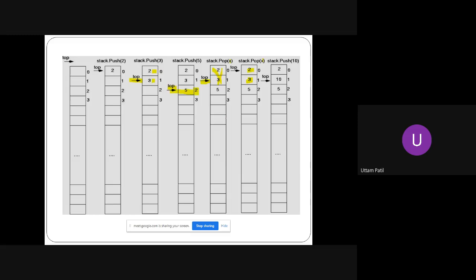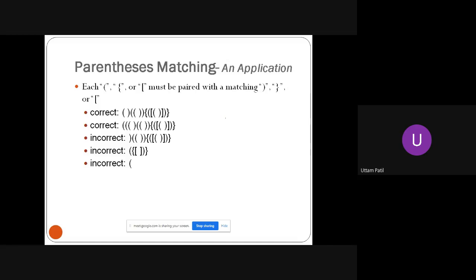Now, if you think about why we need this stack, maybe it can be used to check parentheses. While doing C programming, usually you had problems or errors with respect to brackets. In a bigger program, with angle brackets or flower brackets, you had some problem, right?